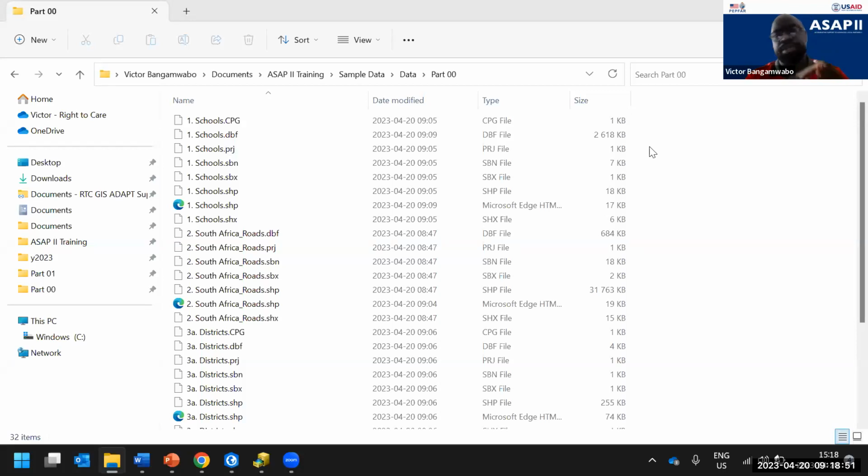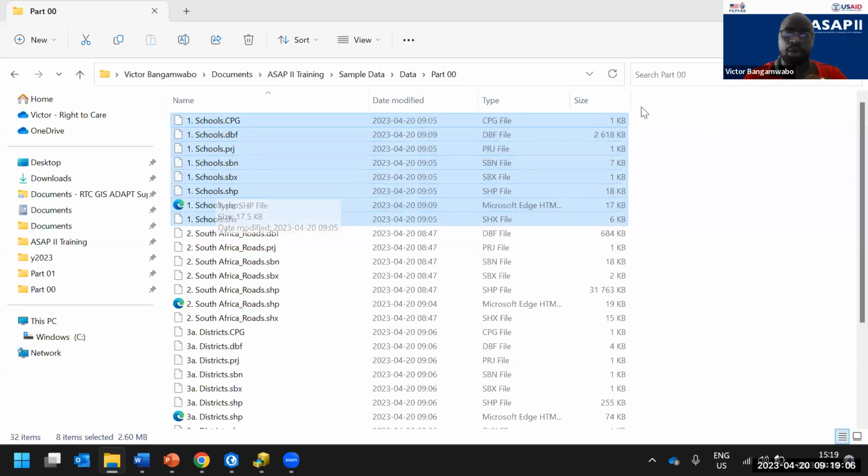Point, polyline, which is a line like roads, rivers, and so forth. We have what you call a polygon and the tabular data. So you notice here, some of this data is in a GIS format. You see the first record here, which is schools. So all this in a GIS software is regarded as one file or one dataset or a layer of dataset,